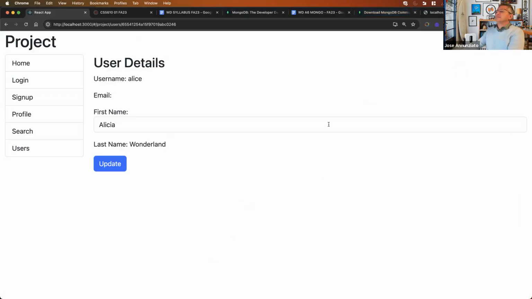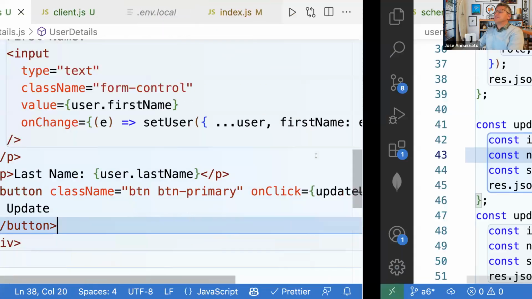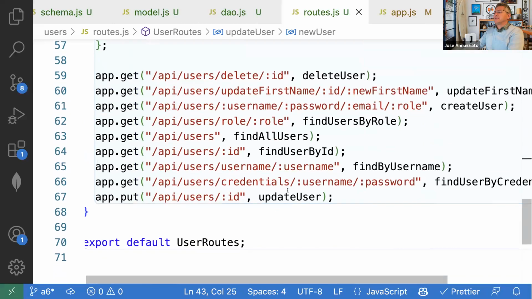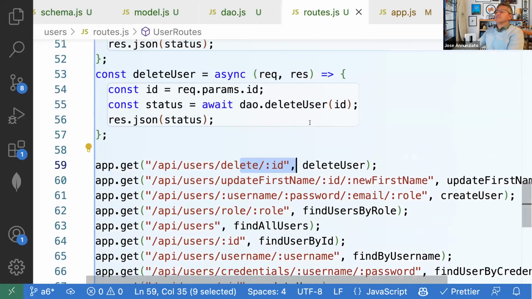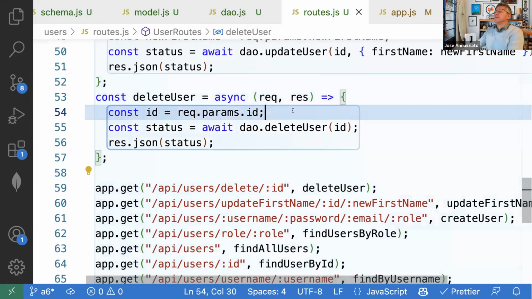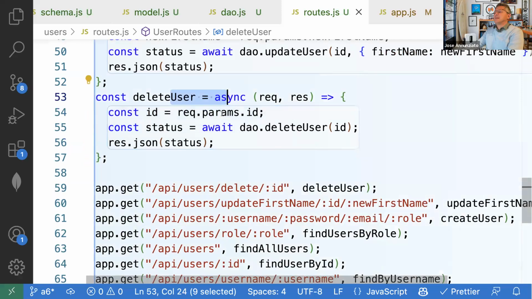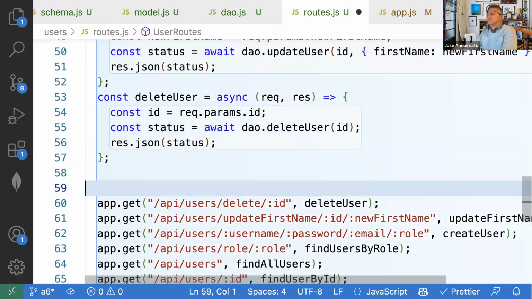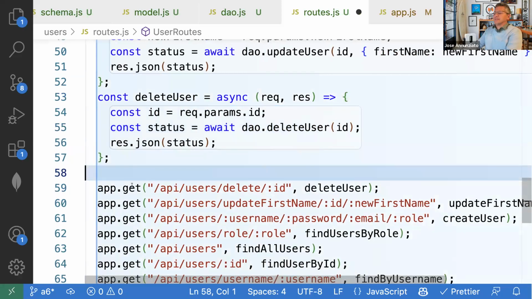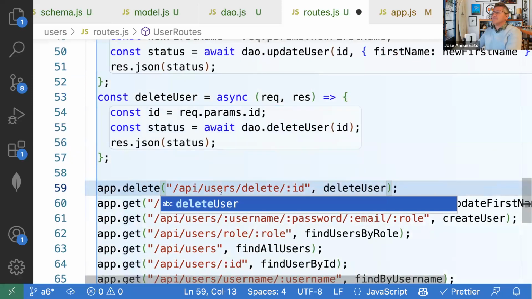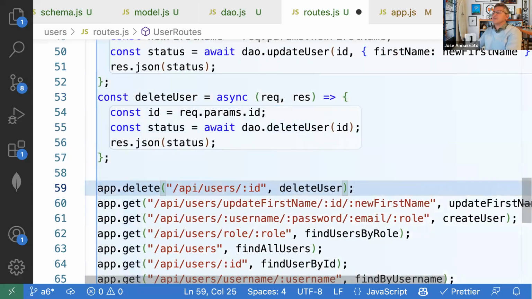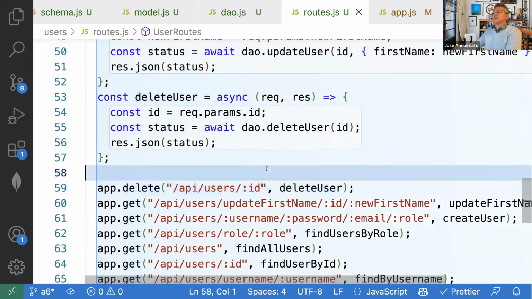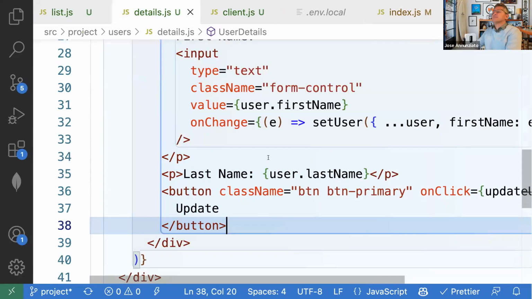And finally, delete. On the server, we implemented it as a delete here. But in reality, this should have been a put. So delete, blah, blah, blah. We have the ID from the params, and we delete it. So that's correct. But this should have been a delete, and no verbs here, delete user. Very good. So that on the client,